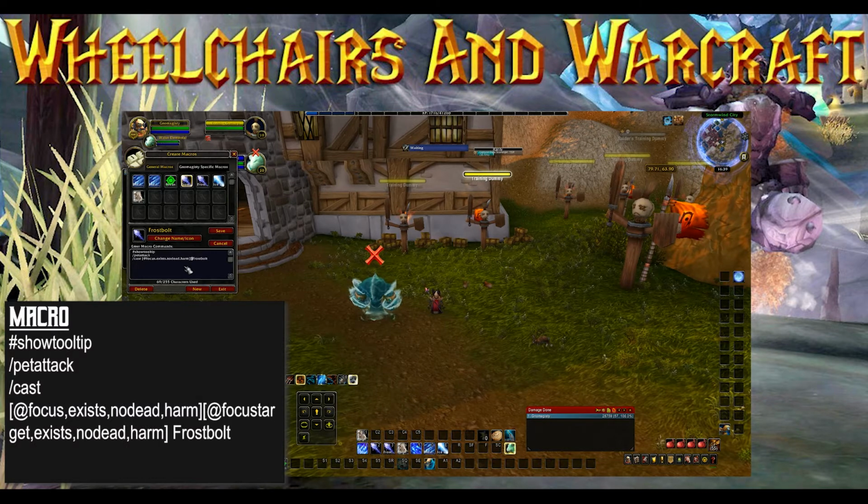What we're going to do is add focus target, and what this does is it targets what your focus is targeting. So in this case it will target whatever my water elemental is targeting. Now this is a really useful condition to add to your macros if you have visual acuity problems or you